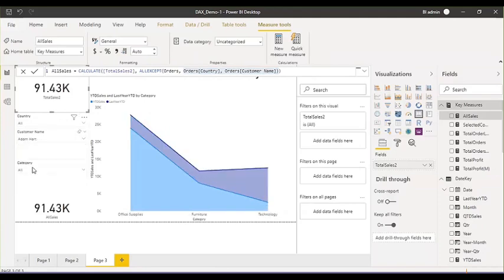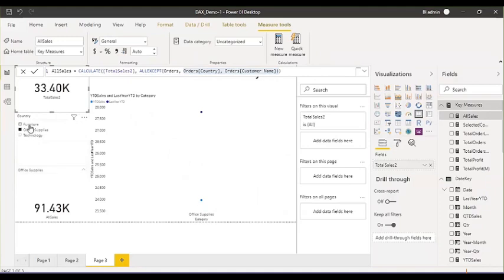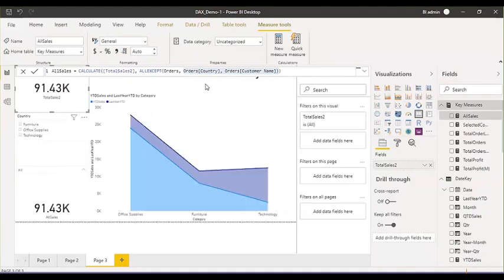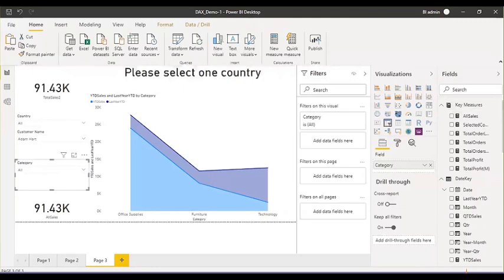But except these two, if I select any other filter value, then data will not be changed, right? So the data is not changing. This is like ALLEXCEPT these two, data will not be filtered. If you select anything in these two columns in the filter, then only the data will be changed. Otherwise, for all columns except these two, the data will not be changed in your calculation. All right, guys, so it's just the vice versa of the ALL functionality. ALL will restrict you, ALLEXCEPT will allow you for the defined columns. Is it clear?